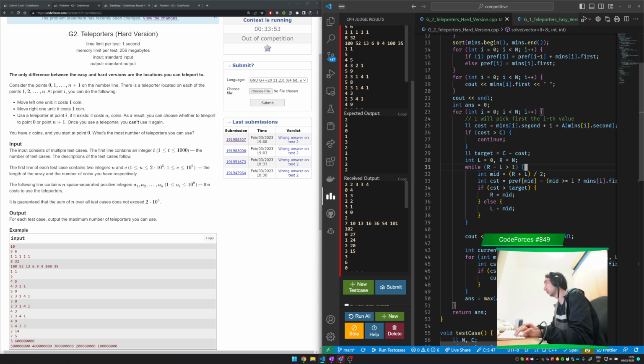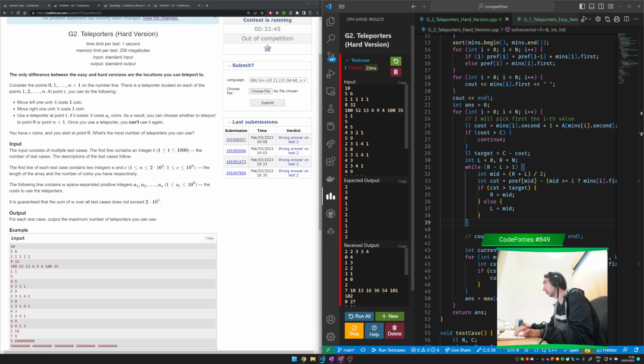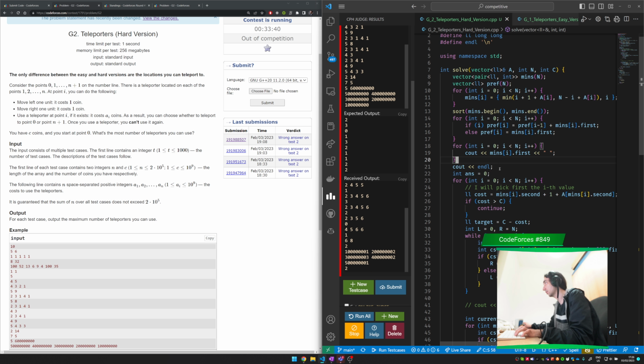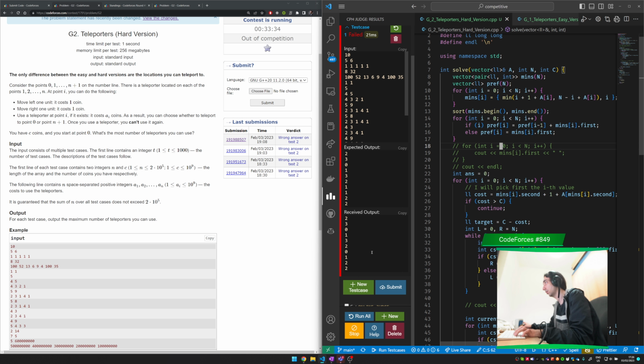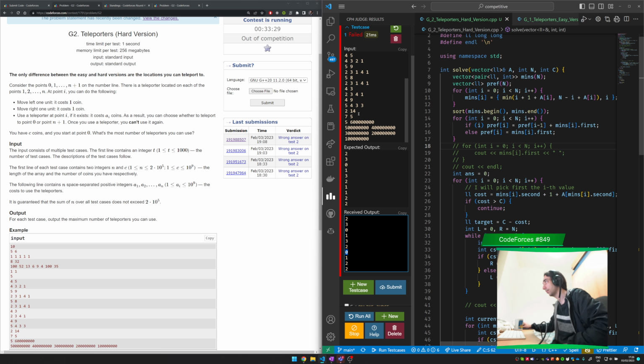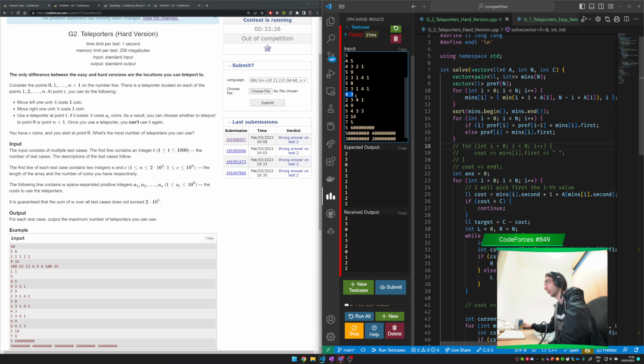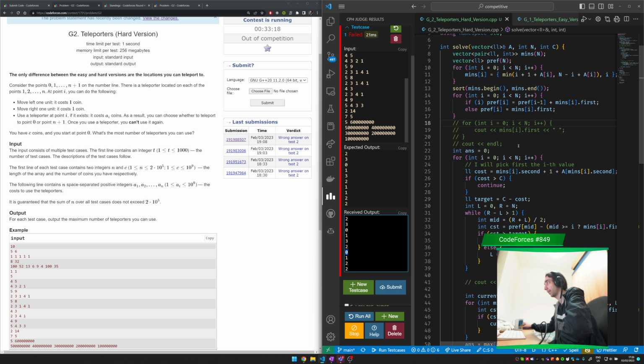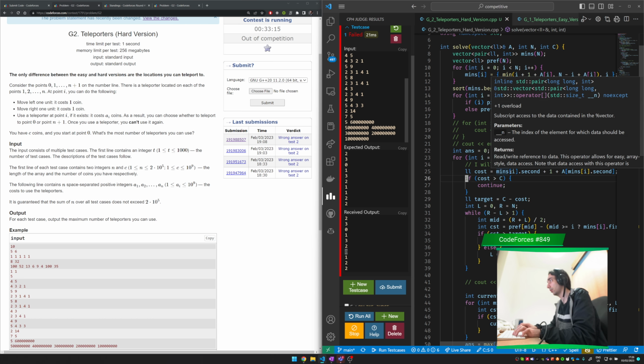This should be equal to that. I'm not sure if that should be equal to that as well. Seems correct. Zero. There are 3 coins, which I can teleport once here. So the cost